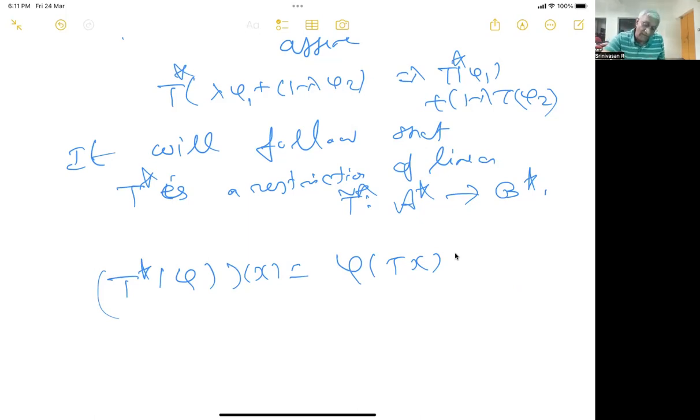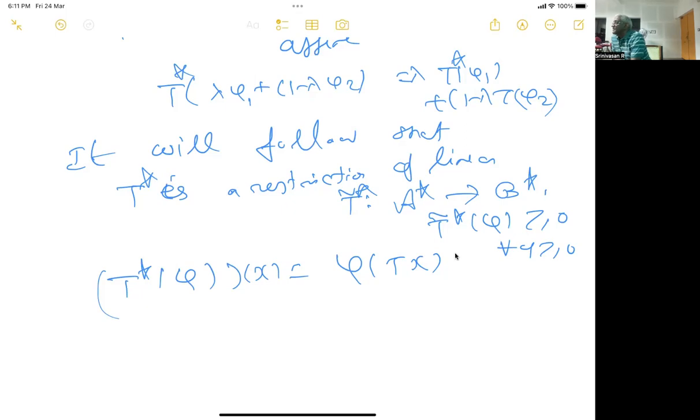So T star is positive. Sorry, it's not just any linear functional. T star phi is greater than or equal to 0 for all phi greater than or equal to 0, where phi is a positive linear functional. Phi is a positive linear functional if phi takes positive elements of A to positive numbers in C. Okay, positive real numbers, right? So it will actually follow, if you just think about it, T star is positive if and only if